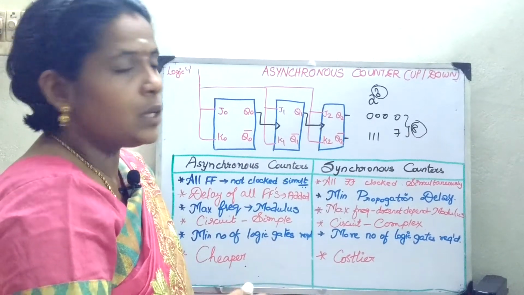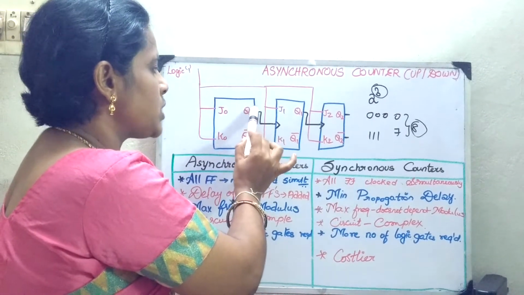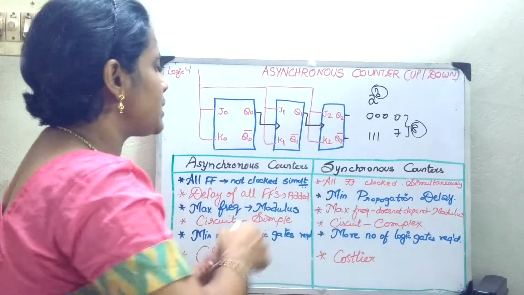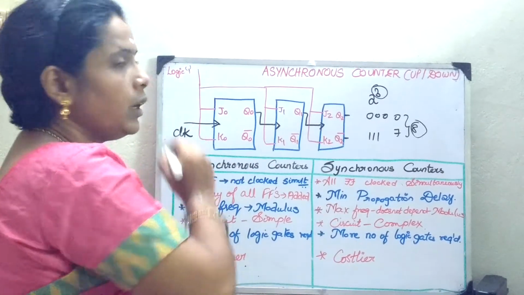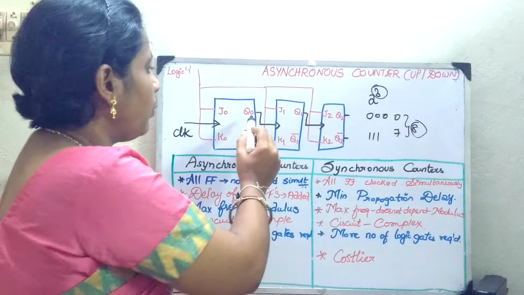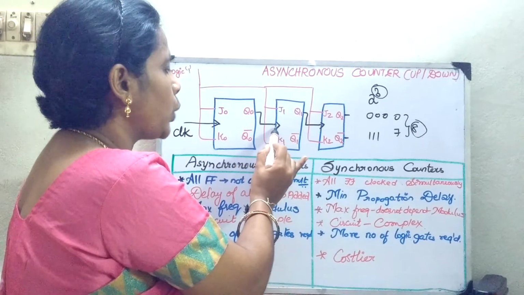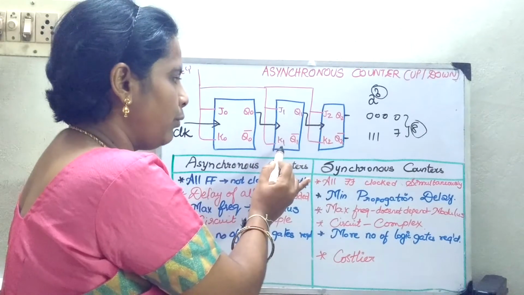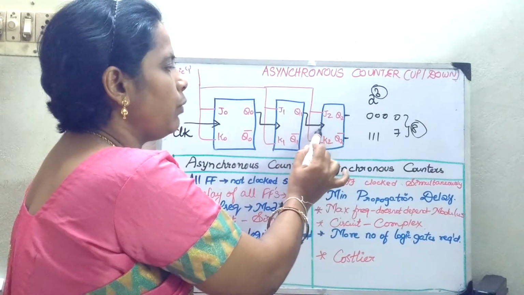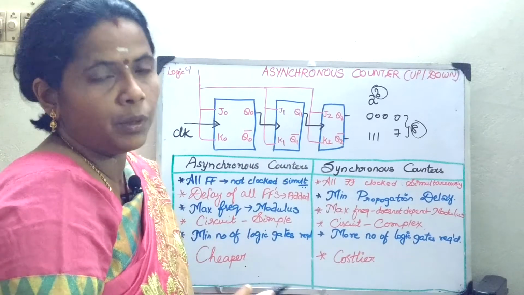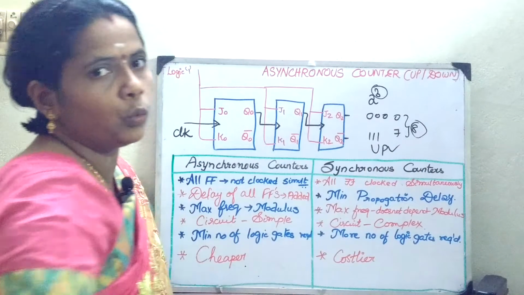Now, if it is going to count in this sequence from 0 to 7, it acts as an up counter. Suppose it is going to count from 7 down to 0, then it has to act as a down counter. The output of the first flip-flop is given as a clock pulse for the second one, and for the initial one we have to give a separate clock pulse. If the normal output Q0 is fed to the clock input of the second flip-flop, and similarly Q1 is fed to the third flip-flop, then it can be used as your up counter.